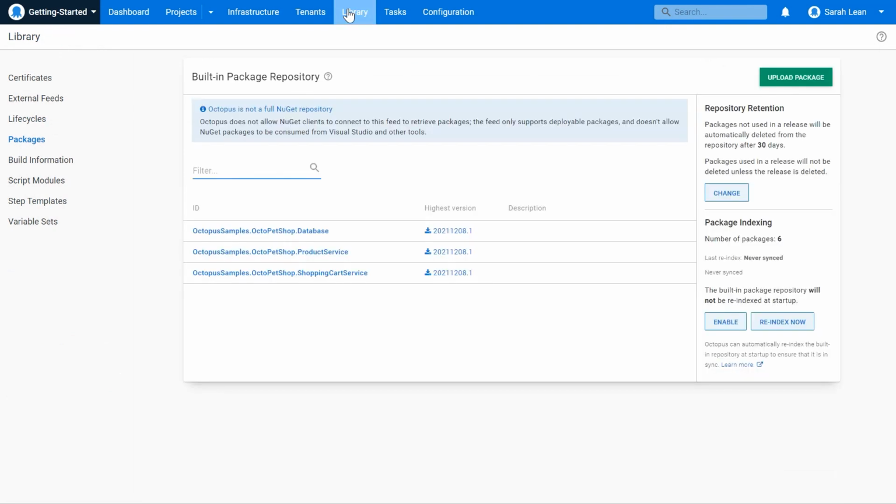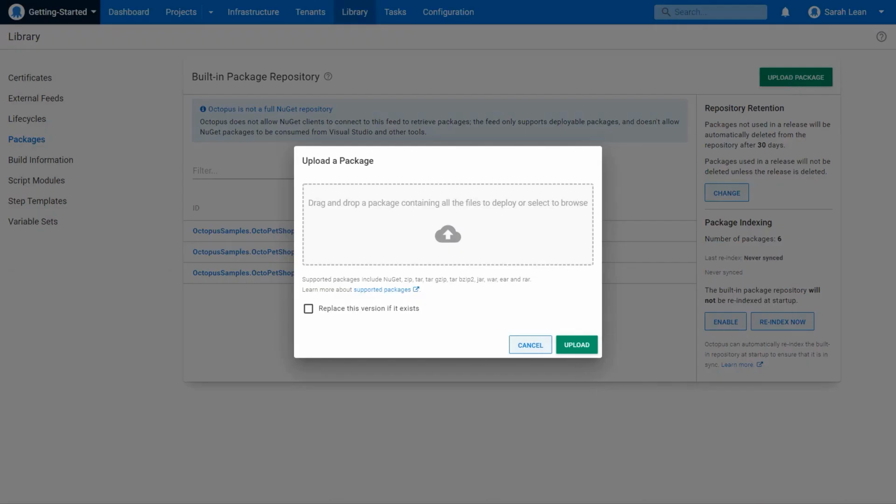Now that we've got our infrastructure set up, what we actually want to start doing is deploy that .NET Core application to that infrastructure that we've just created. And how we do that is actually using packages. So we have the .NET Core application all packaged up into 4 different packages. One that configures the database, one that configures the product service, one that configures the shopping cart service, and we have the 4th one which does the web app as well. Now, I've preloaded 3 of them for you, so you didn't have to watch me upload them, but let's upload the last one and show you how easy it can be if you need to upload something into Octopus Deploy.